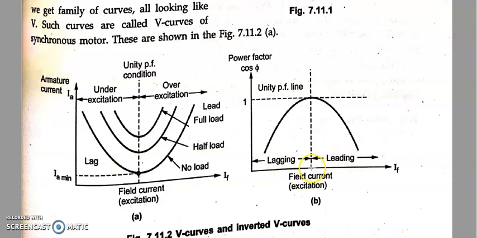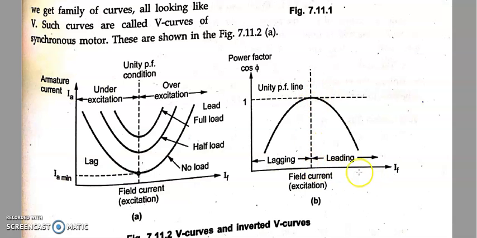You can see that from this particular part, if I reduce the field current, it means it will be a de-excitation, or under excitation. If I reduce the field current, what happens? The power factor angle will increase and the power factor will reduce. I told you before, right? If I reduce the field current, the power factor angle will increase, yes or not? The power factor angle increases, but the power factor, that is cos phi, will decrease from UPF to minimum, yes or not?